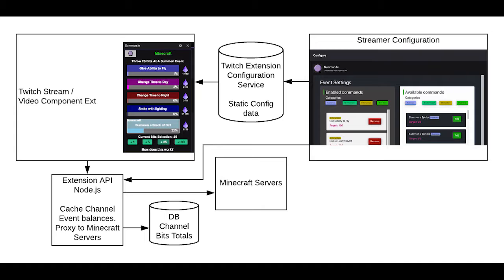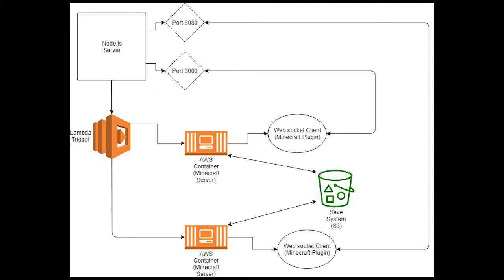Thanks, Gabe. Andrew, as you were working on the server that Gabe's extension actually talked to, what are some of the tricks and traps that you wound up experiencing along the way? So a lot of the traps that I dealt with personally was scaling the Minecraft server to handle multiple users. So what we did was we utilized Lambda and AWS Container to create custom Minecraft servers for the individual player, so the streamer. And that's how we circumvented a lot of the issues we were having with the user lagging when another user came in.